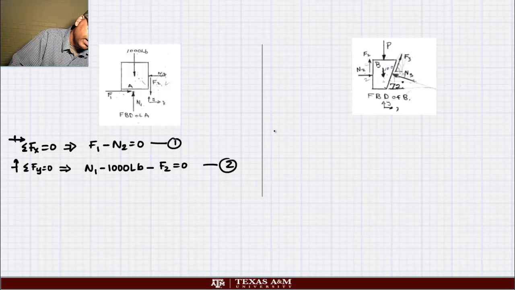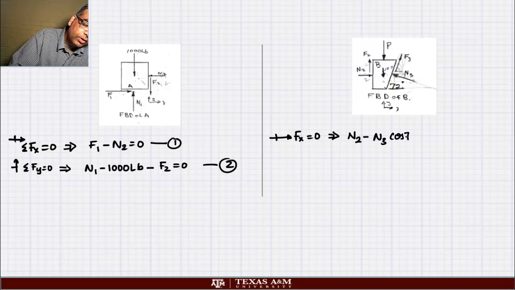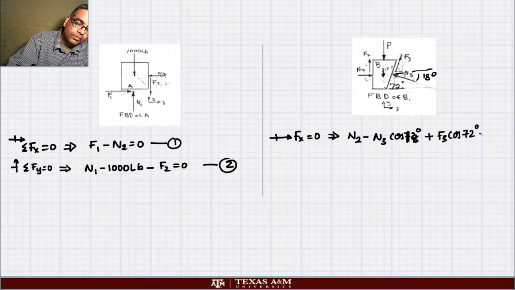Okay, now you go here and you say, summation of all the forces this way is positive gives me N2 minus N3 cos 72 degrees. You gotta get these angles right, so stare at it and figure it out, okay? Sorry, cos 18 degrees, not 72 degrees. This angle is 18 degrees. Plus F3 cos 72 degrees equal to 0. Summation of all the forces in the vertical direction gives me